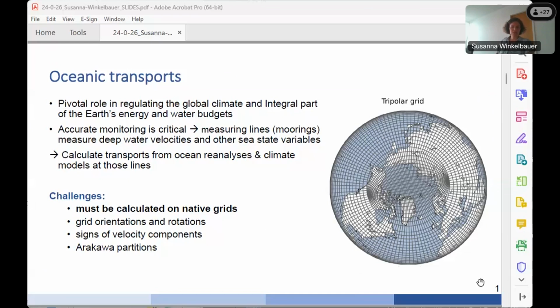Those curvatures which come with those grids pose some challenges concerning the grid orientations and the signs of the velocity components. So if we move towards the artificial poles on those grids, we do not move towards the true north anymore.